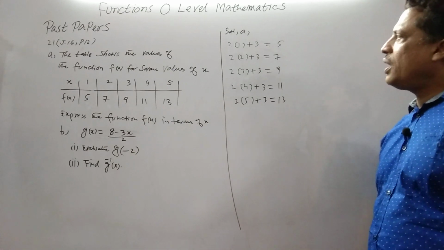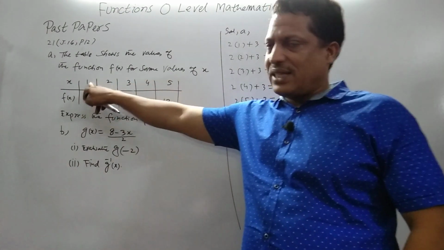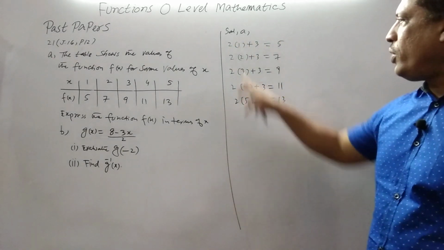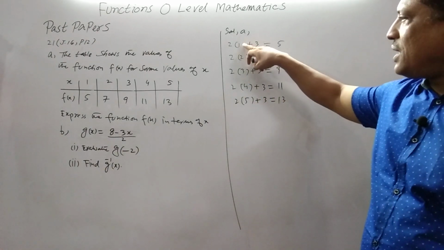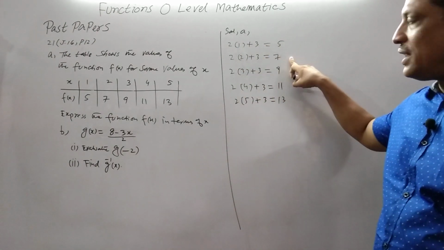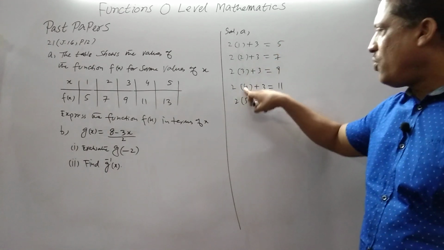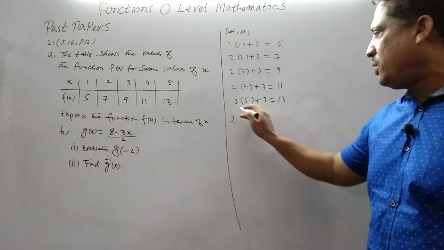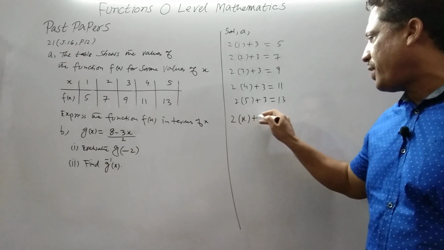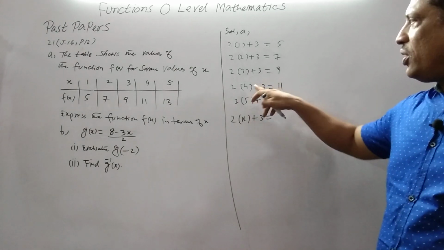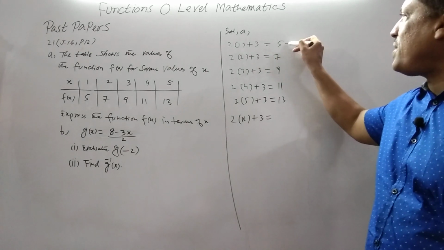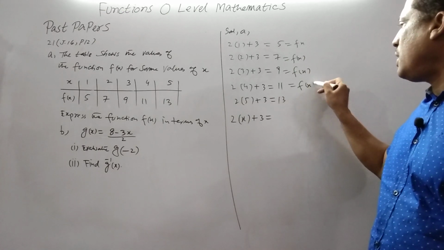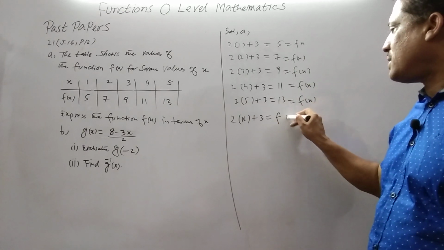So see carefully, whenever we put x as 1, we will get 5 by using this relation, 2 and 3. 2 and 3 are the same throughout the numbers. X is 1, we get 5, x is 2, we get 7, x is 3, we get 9, x is 4, we get 11, x is 5, we get 13. It means we have to put 2 into x plus 3. When we put x as 1, we get 5, which means f(x).